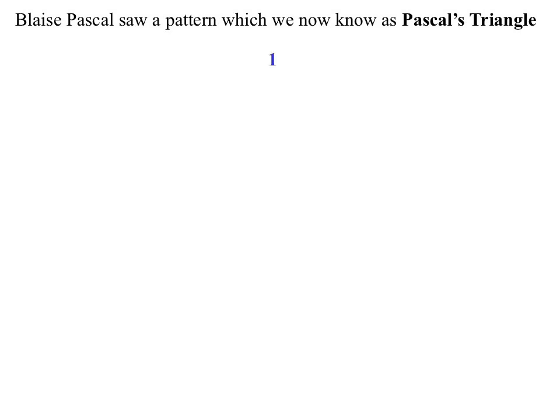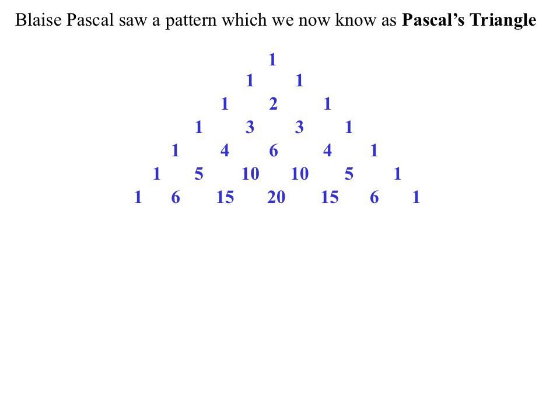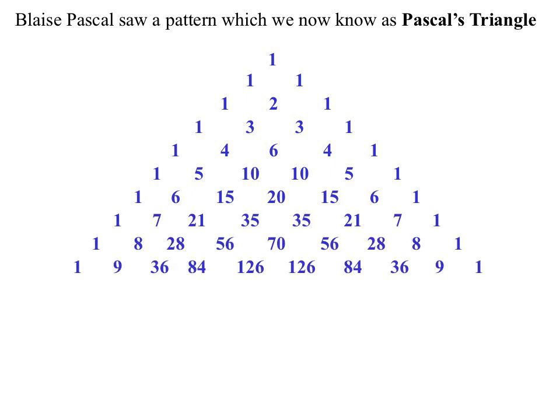And that pattern starts at the very top with 1, and then we create a triangle, and to get the next row we just add the two numbers immediately above it. So 1, 2, 1, and then 1, 3, 3, 1, 1, 4, 6, 4, 1, and they are indeed the coefficients that we just saw, but that pattern keeps going. There's the expansion for 1 plus x to the power of 5, and then the power of 6, power of 7, 8, 9, and that brings us to my personal favourite, I'm sure it's yours too, power of 10,